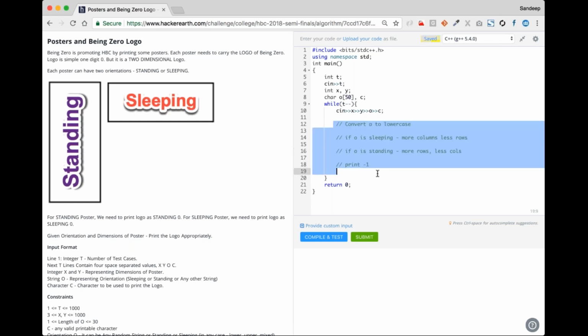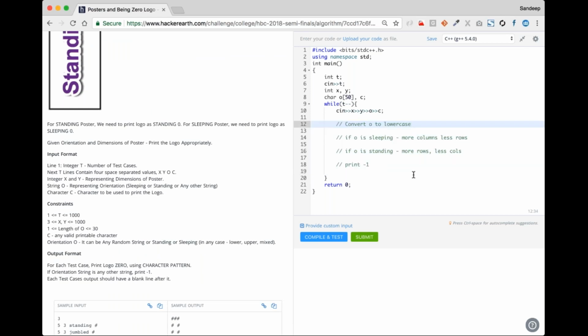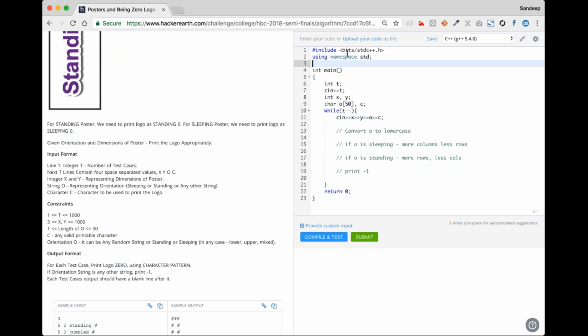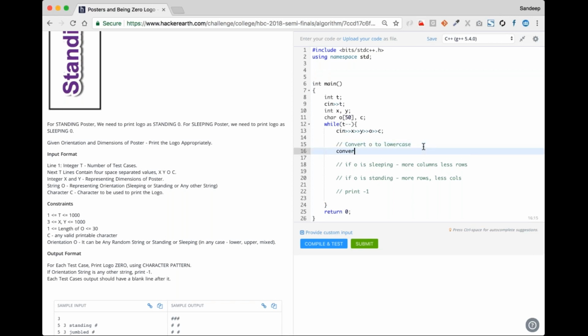Now it's all a matter of writing these functions and just executing it. So let's write the first function for converting O to lowercase. So I'll prefer writing separate functions rather than writing the entire logic here. It becomes easy to understand, easy to debug, and easy to fix in case there are any issues. So let's say convert to lowercase, and we pass O here, and this function we will write void convert to lowercase, we say char O,